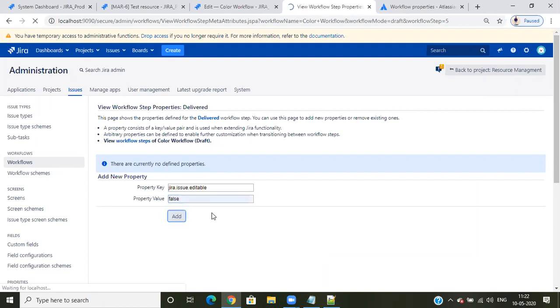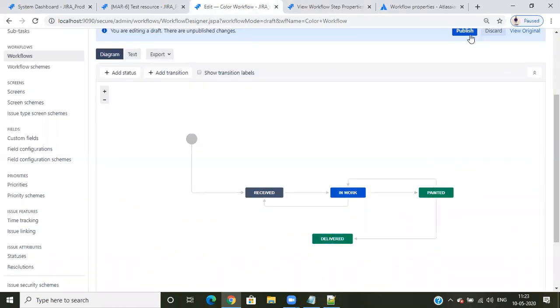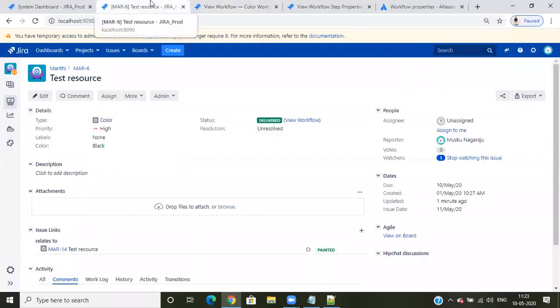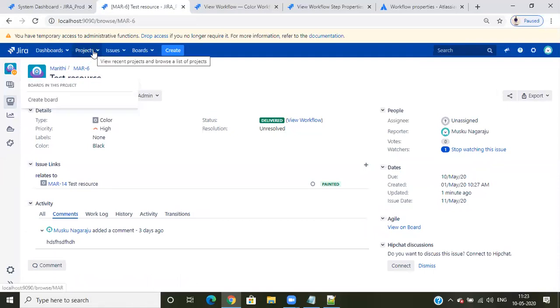False means editable false, we cannot edit it. Editable true means we can edit it. Now if I refresh this, see, we cannot edit the ticket when the ticket reaches the delivery status.